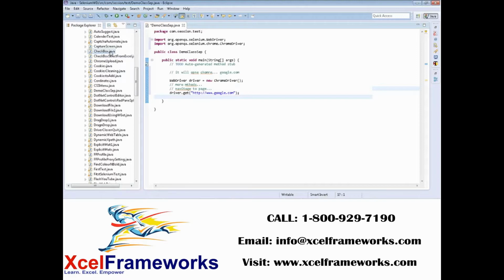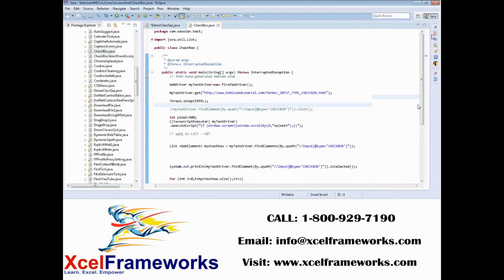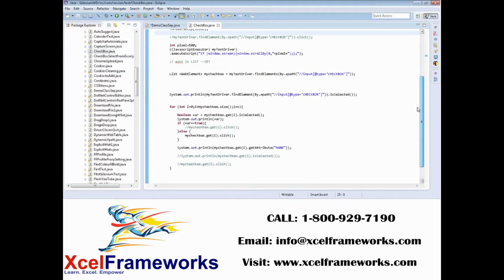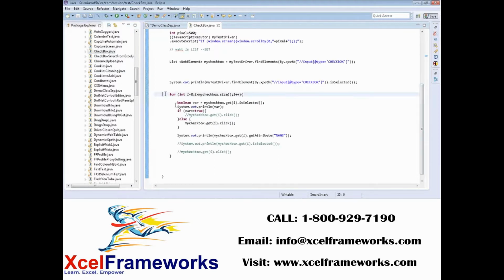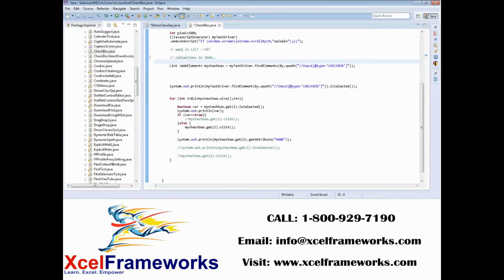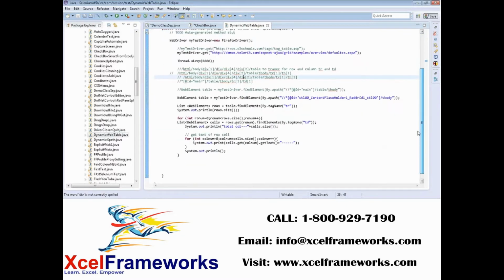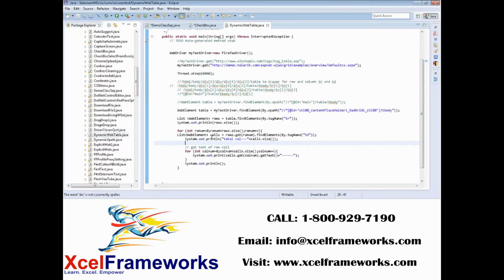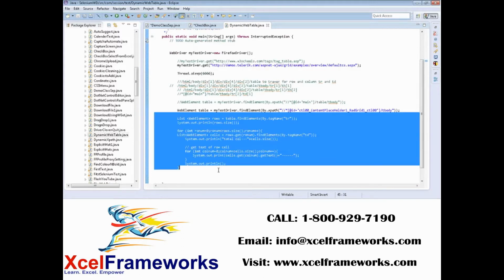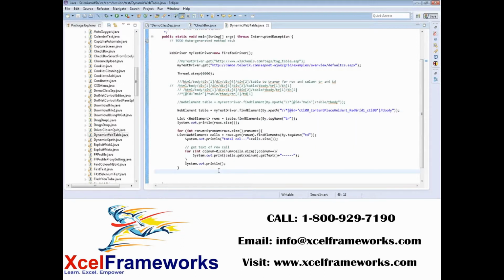In the same way, we have covered a lot of very interesting things, like how to automate a checkbox. We write a simple for loop here, and we define everything in a list. If you understand collections in Java, then it's pretty easy to do that. In the same way, dynamic web tables. The way we teach is that first we go with the hardcore stuff, then I will give the permanent solution for this. At the same time, you also need to understand the basics of HTML structure.